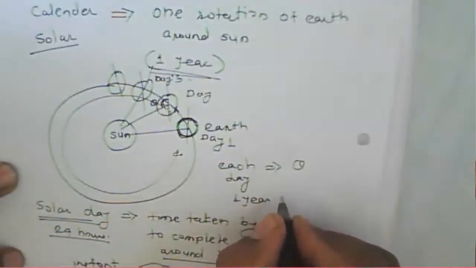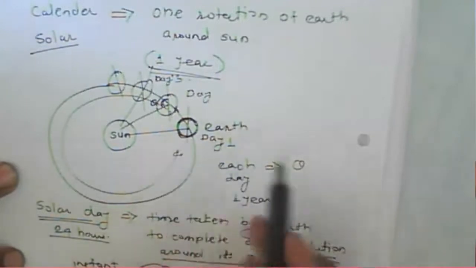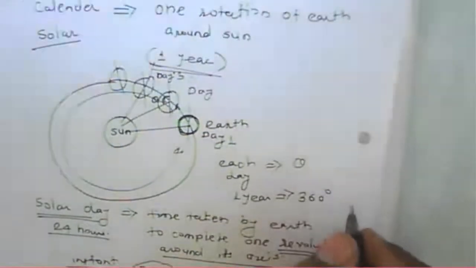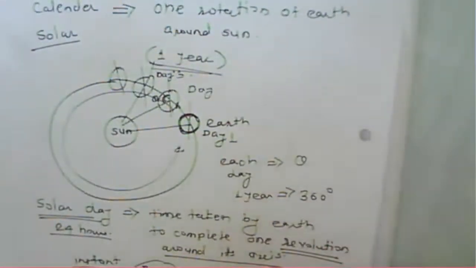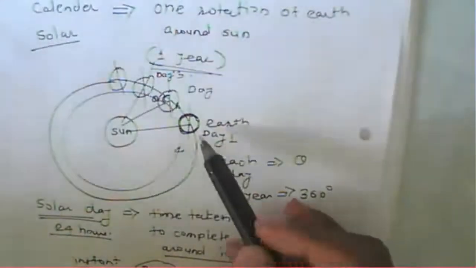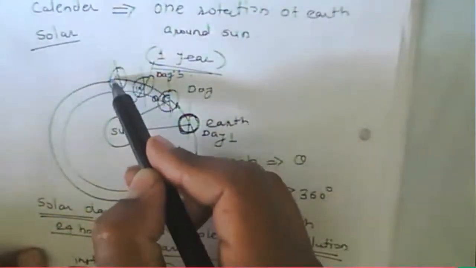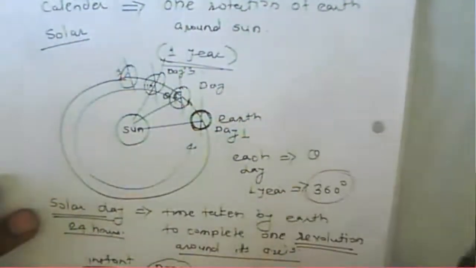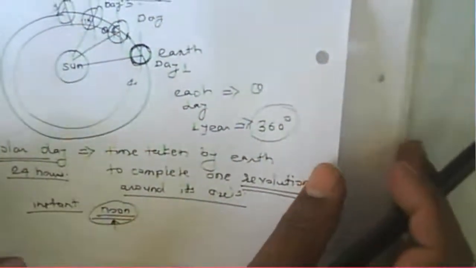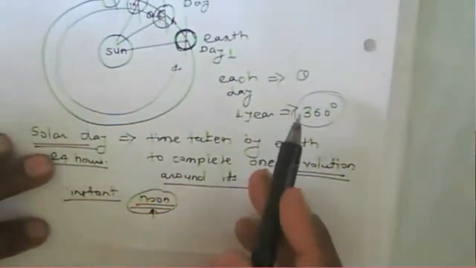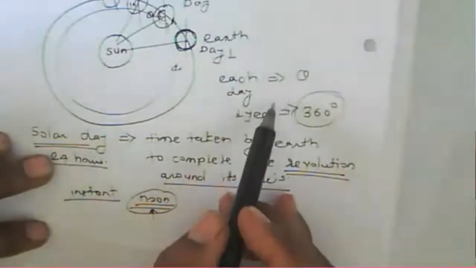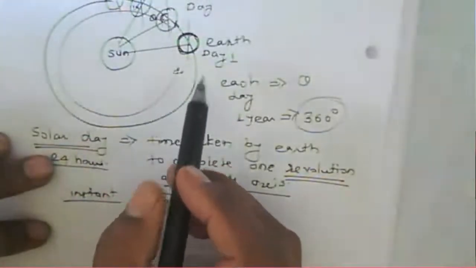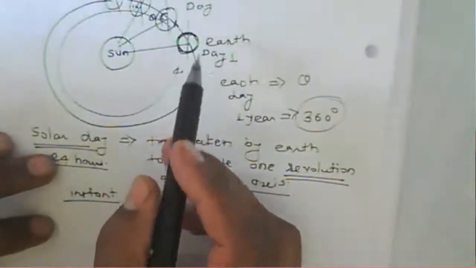In 1 year, because it is rotating around its axis, this angle adds up to a total of 360 degrees. Means every day theta, then twice theta, then thrice theta, likewise. So that will be an addition of theta. Then after 1 year, that will be around 360 degrees. Means the time taken by the Earth to rotate by exactly 360 degrees